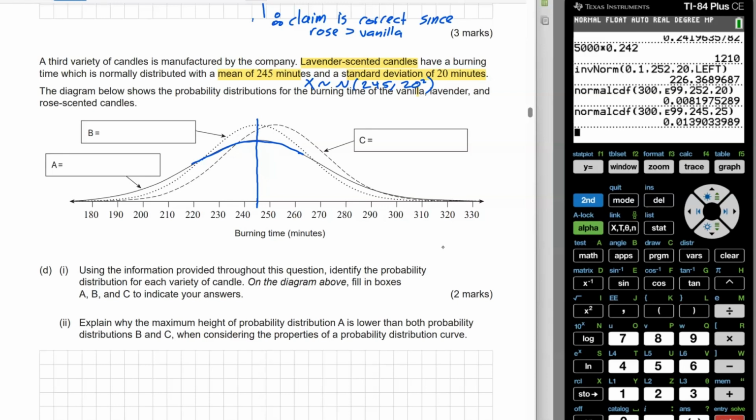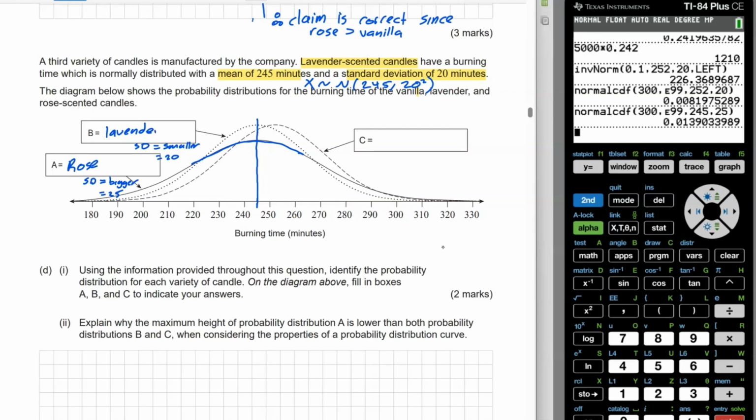So this one here has a standard deviation that is bigger, which equals 25. This one here has a standard deviation which is smaller, which equals the 20. So I'm happy that A is going to be the rose from at the top of the page, and then this one, the taller one here, which is just the dotted line, is going to be my lavender,